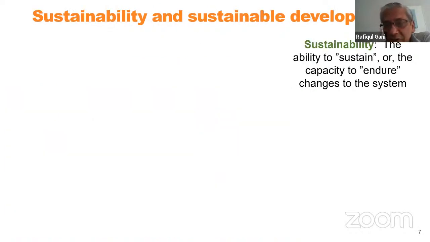Also, I'm going to talk about sustainability and sustainable development. So let me define what sustainability in my view is. Very simply, it is the ability to sustain, or the capacity to endure changes to the system. If we look at the plot,